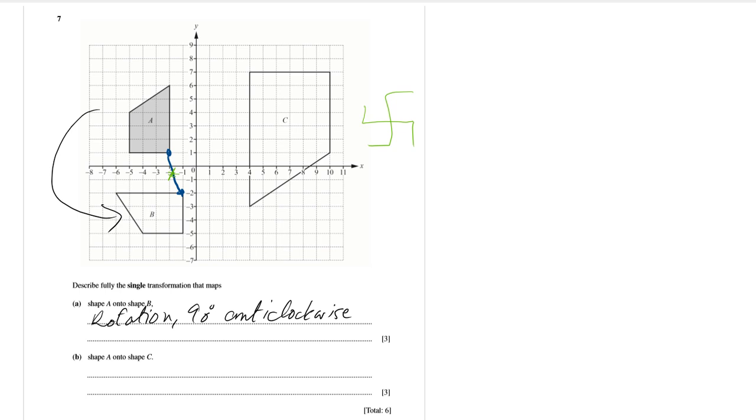Point 0.5. Now you can use this point and you can see what it's traveling from the other point. So it is traveling half a box and one and a half boxes in the x direction and one and a half boxes in the